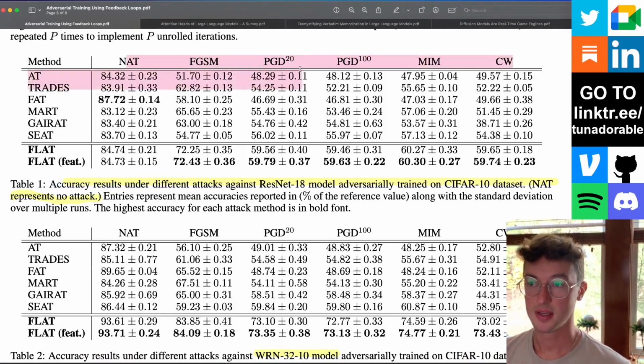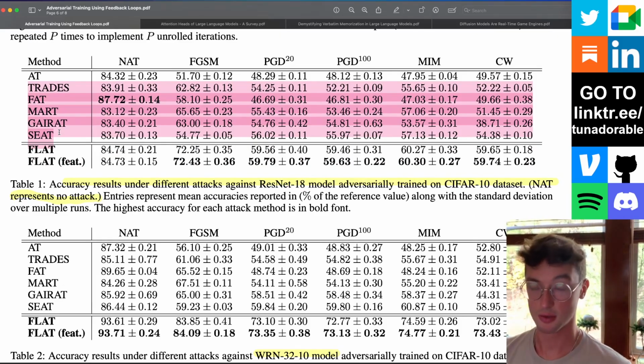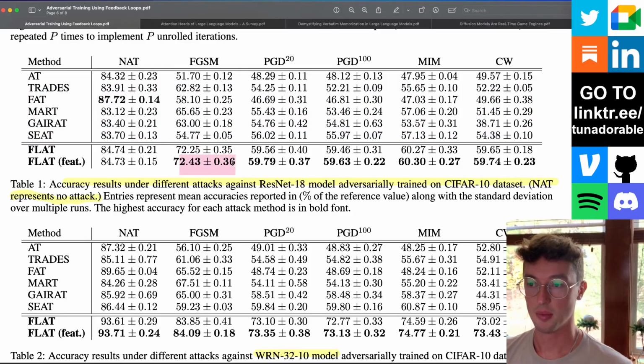So if we go ahead and look at results, it's actual accuracy results under different attacks. Each one of these is a different attack. The first one, nat, is actually no attack. And on the vertical column here, we have different methods, with FLAT being ours, I believe. They trained a ResNet 18 on CIFAR-10. And those are different other methods of adversarial training that do not use control networks. They use something else. I have no clue how they work. But looking at accuracy under these different attacks, we see a bunch of bold lines down here, right? All but one of the scenarios, this method did the best, it seems.